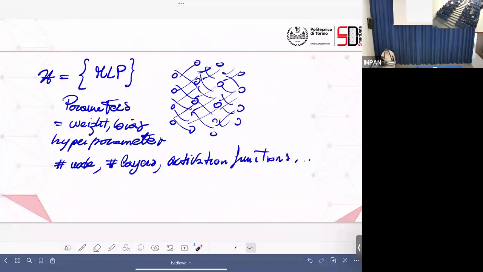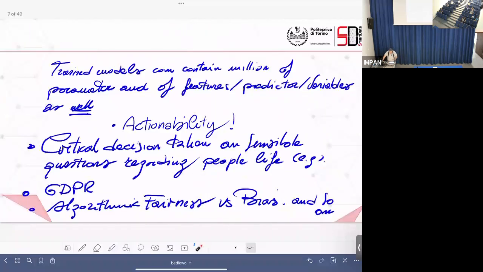Practically, when you finish your work, you build a function that in certain cases might have millions of parameters or thousands of variables. In machine learning, people usually call them features, or predictors if they are more on the statistical side. But in any case, you have this amount of things. So technically, it's not true that this is a black box. I mean, it's something very clear.